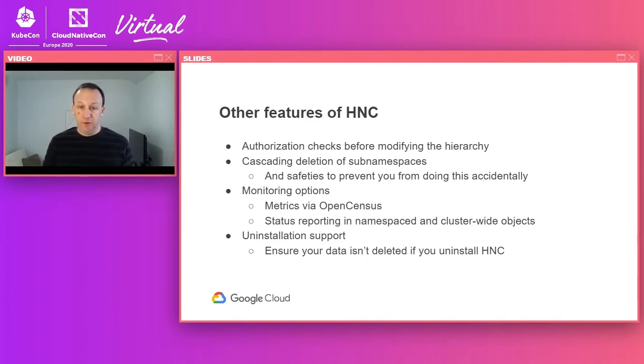We can do cascading deletion of subnamespaces. And so if you delete a parent namespace, all the anchors in that namespace get deleted, which deletes the subnamespaces and so on. Obviously, this is dangerous. And so there are a variety of methods that we have in place to make sure you don't do this on purpose. By accident. You can monitor HNC itself via OpenCensus, plus the objects that it creates in each namespace,